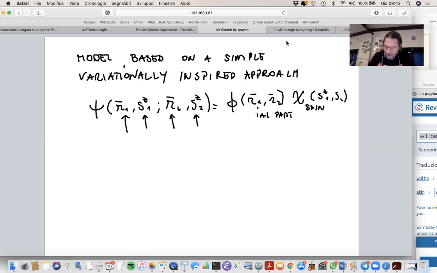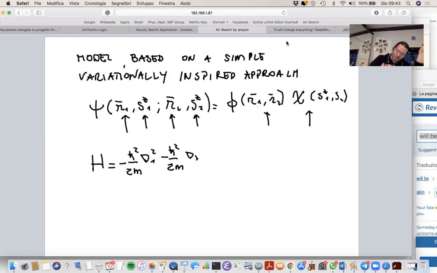So this possibility of factorizing spin and spatial part into two parts comes once again from the observation that the Hamiltonian doesn't contain any term mixing spin and positions. In fact, the Hamiltonian in my system, which I'm going to write here for reference,